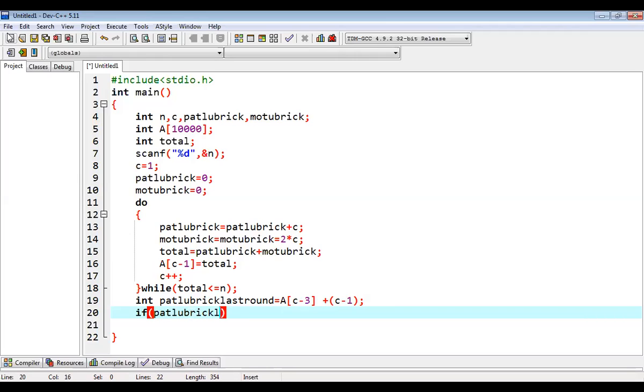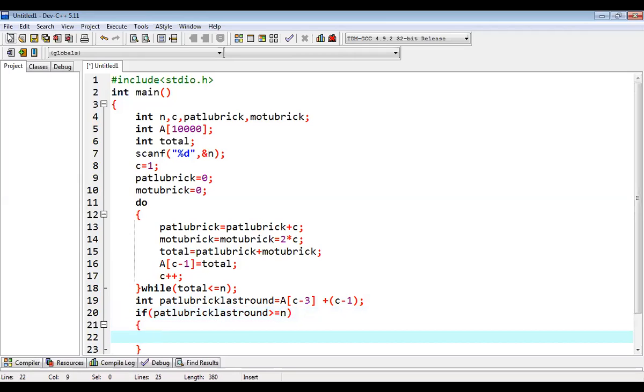So if Patlu brick last round value is greater than or equal to n, meaning that after adding the Patlu brick value it is greater than or equal to n, then it means Patlu picks the last, and it will print the output as Patlu.